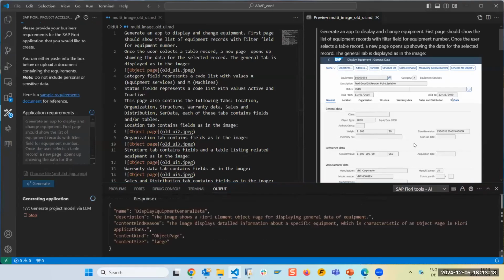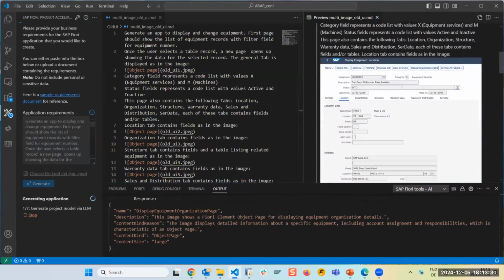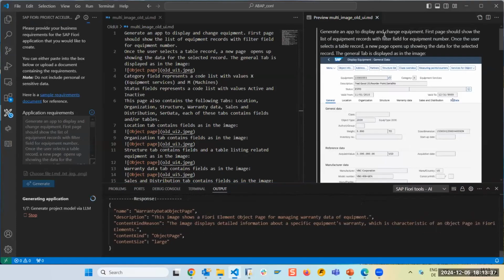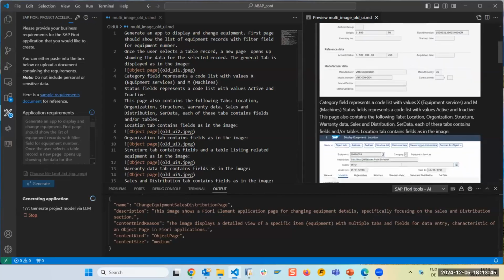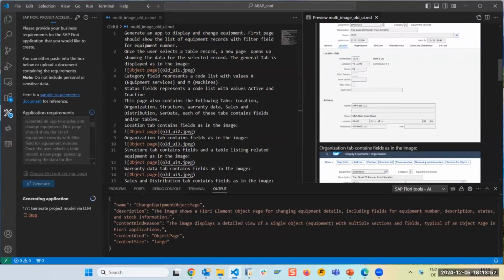Some of you may know the equipment transaction. The equipment transaction is quite big, so it has a lot of tabs. There's a lot of information, a lot of fields, some tables even. What we did here is just describe what it is, what we see on the screens together with the screenshots, and also a bit of what we want to have in the final SAP Fiori application. I think it's 6 tabs or something. 1, 2, 3, 4, 5, 7 tabs actually. And yeah, this is the input.